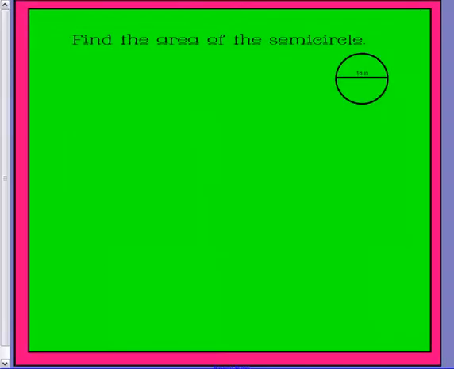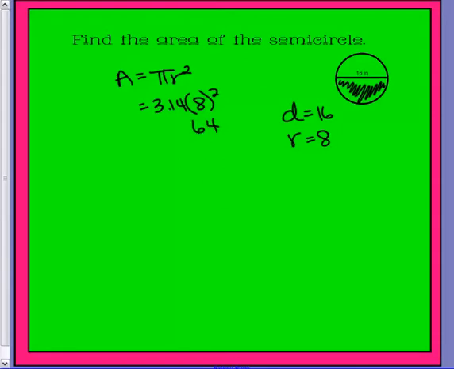All right. Find the area of a semicircle. What does that mean? That means we only want half of the circle. So we could find the area, pi r squared, and this is a diameter of 16, so we don't want that. We want the radius. So we're going to square it, 3.14 times 8 squared, which is 8 times 8 gives you 64, and then when we multiply that by pi, we get a total of